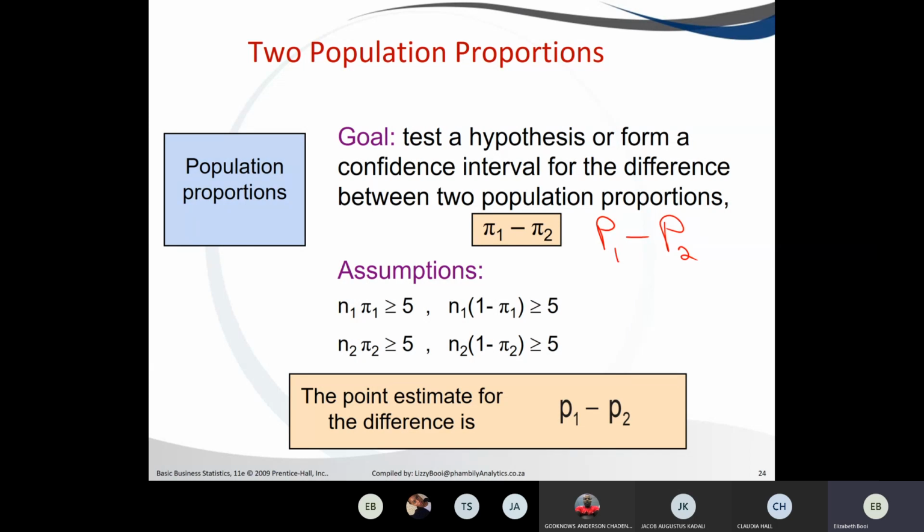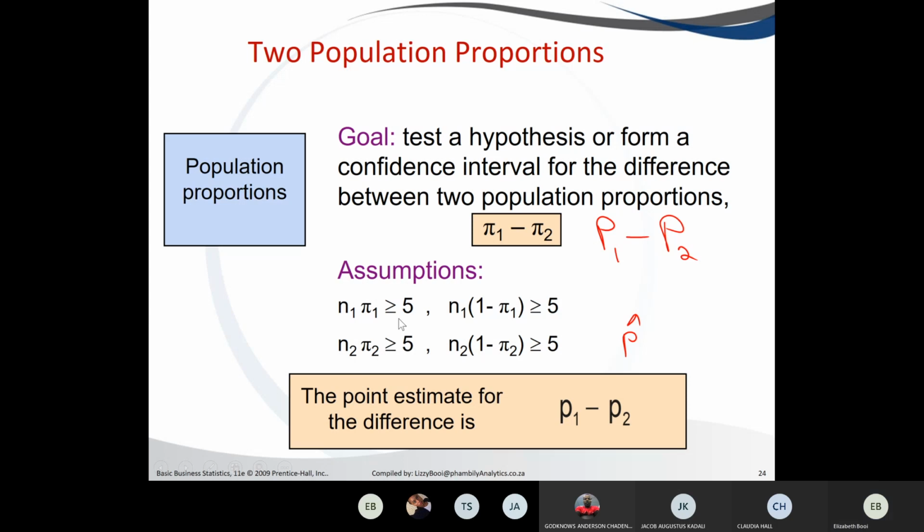The mean should always be greater than 5 for the assumptions to be met and for you to be able to do the hypothesis testing for the proportion. And our point estimate, which is our sample estimate, and in your module, you're going to use p-hat, and we're going to continue using those as our